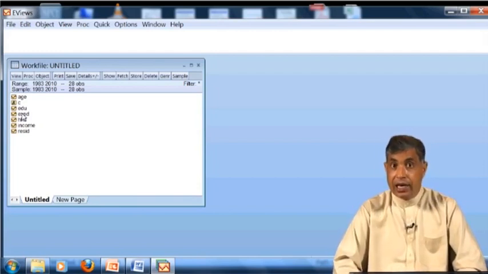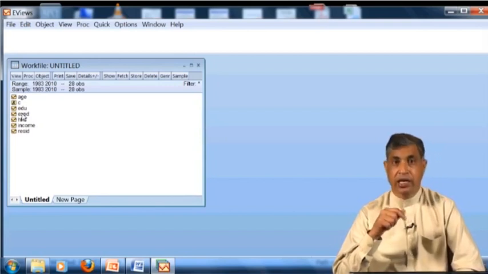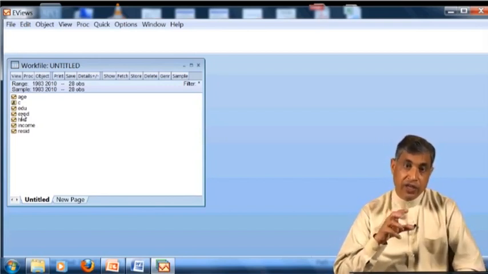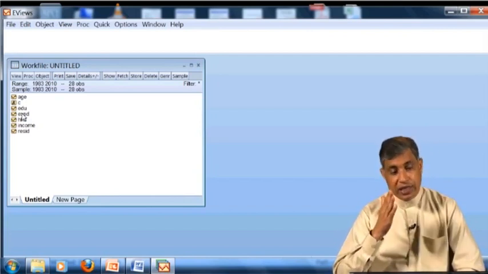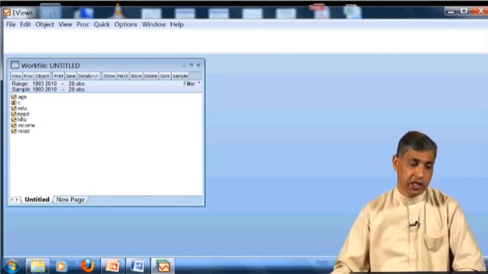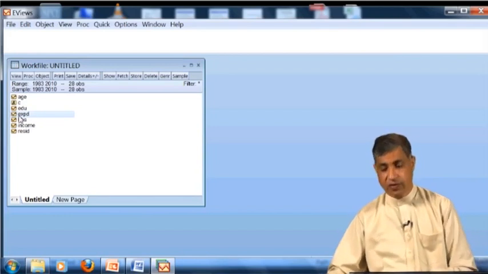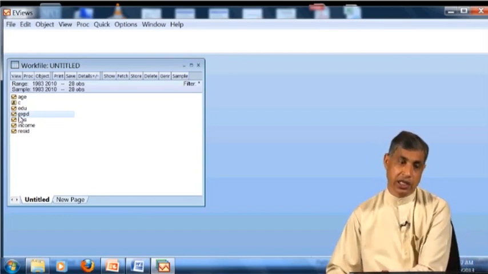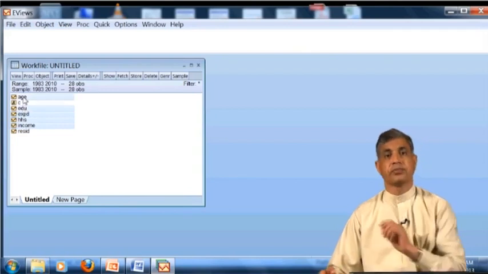But in regression, the arrangement or the array of the variables is very critical. The first variable you select, the software will take it as the dependent variable. For example, I want to see the effect of many variables on expenditure, that is your consumption. This is your income variable, household, education and age.